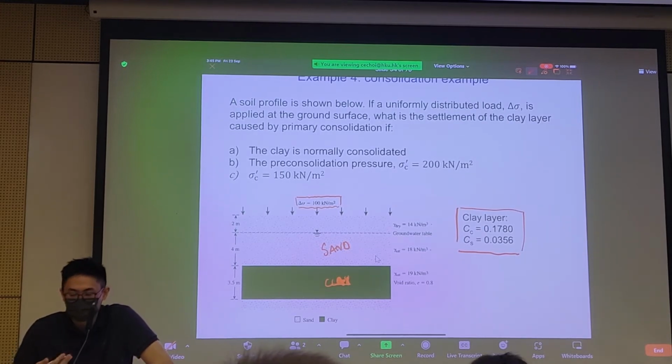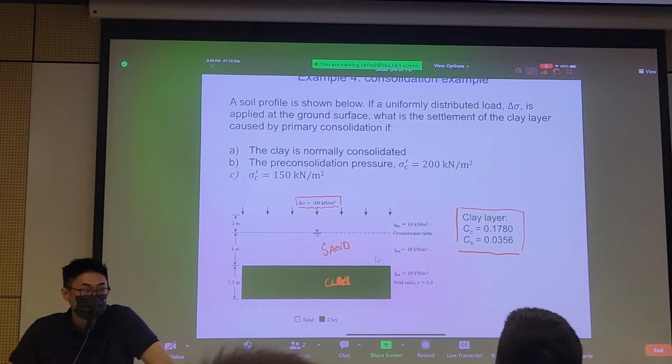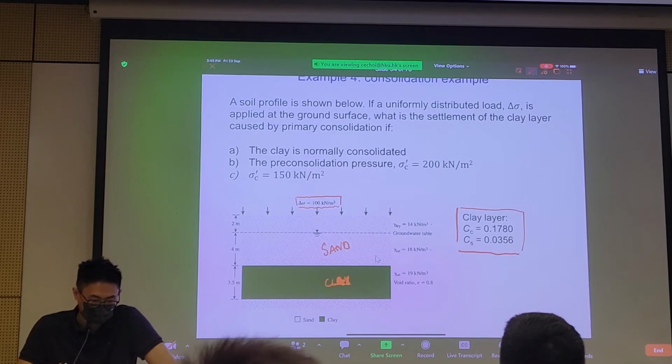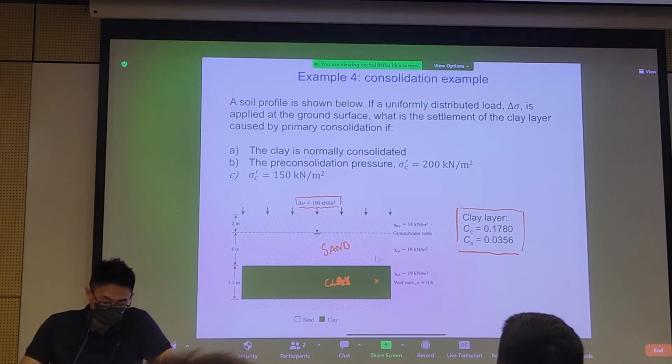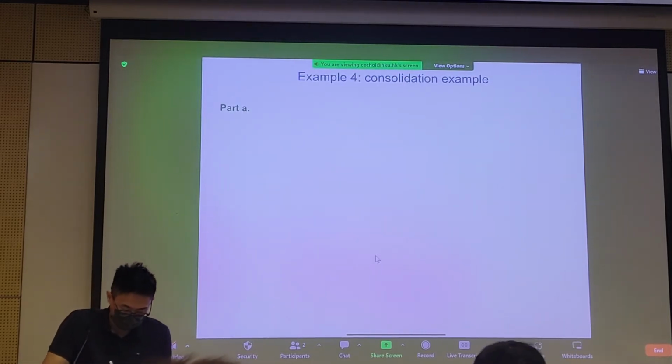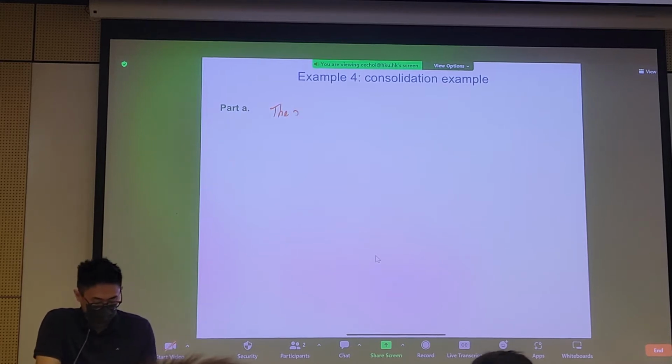Well, for simple calculations like this, what we can do is calculate an average effective stress first. So we can take it at some midpoint in the clay for the effective stress to simplify things. So let's do that. So the average effective stress at the middle of the clay